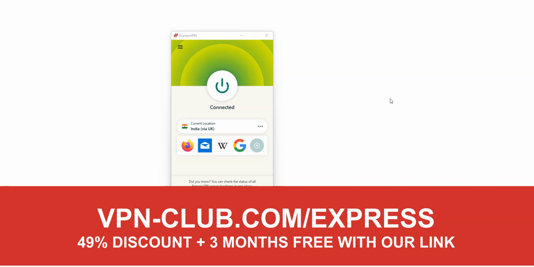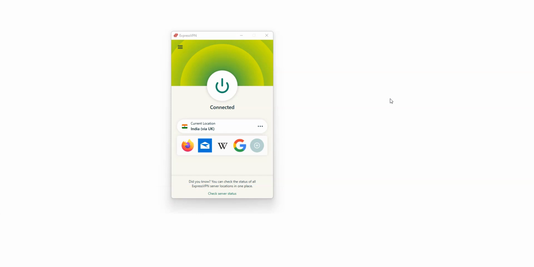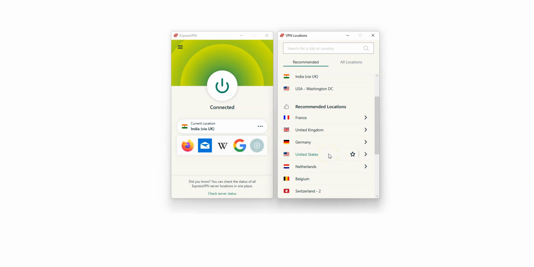ExpressVPN is one of the best VPNs available on the market right now, if not the best. ExpressVPN has more than 3,000 servers in 94 countries, and therefore very many locations. It's a safe, reliable and fast VPN, available on Windows, macOS, iOS, Android and so on. You can use it on up to 5 devices simultaneously. No speed limit, no bandwidth limit, a zero-log policy, very effective to make it look like you are in another location. To summarize, the idea is to use ExpressVPN to change your IP address and thus make it look like you are connected from another location. That's it. It is that simple.